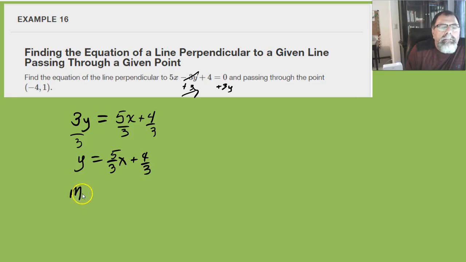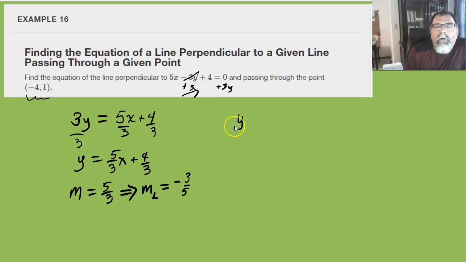Okay, so my slope is 5/3. So then my perpendicular slope, remember, it's the negative reciprocal. So you just flip this over and change the sign. So it'll be negative 3/5. Okay, so now I'm going to use the point that was given. So y minus y1 equals, I'm going to put in my perpendicular slope, times x